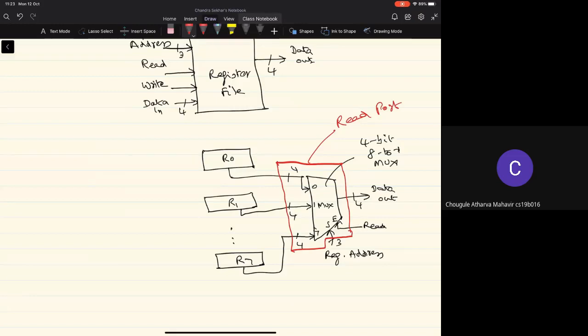Let's say I want to read the contents of register 0 and register 4, but I want to do it simultaneously. What can be done in that case? Obviously, I have to give register address 0 for one read operation and register address 4, that is 100, for the other read operation. But how do we enable simultaneous reading of 2 registers?